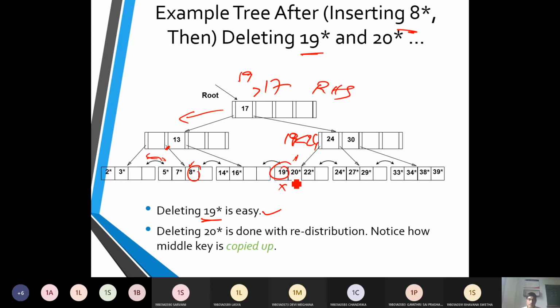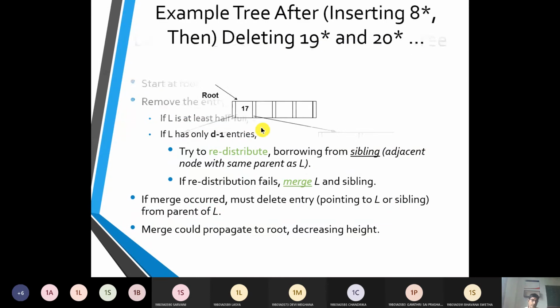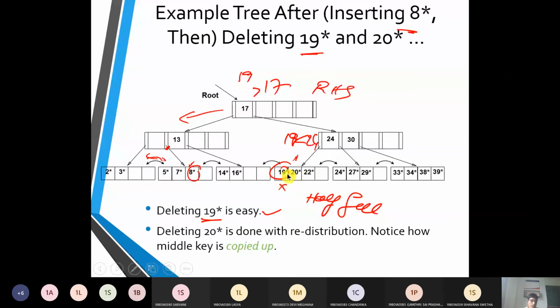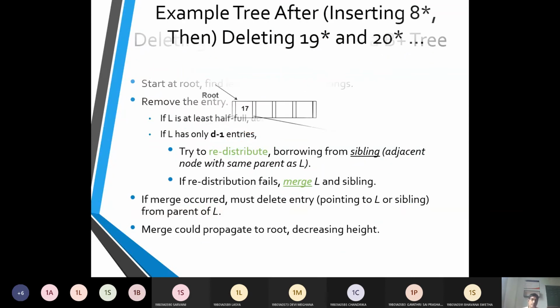But when we delete the 20th item, I was talking about half full. So just move to the previous line. If L is at least half full, then we are done. Before with 19, it was half full, right? Out of the 3, 2 nodes are existing, we are removing 19. So it won't harm any methodology, and there can be a link established between the nodes of the previous and the next. So there is a link. But when we see that it is less than half full, then we have to start redistributing and borrow from the sibling of the same parent.